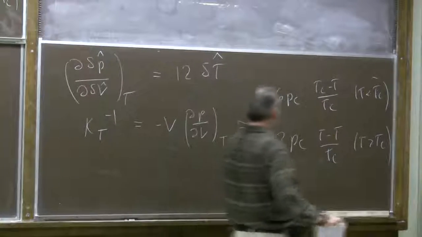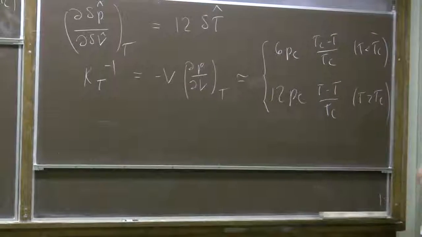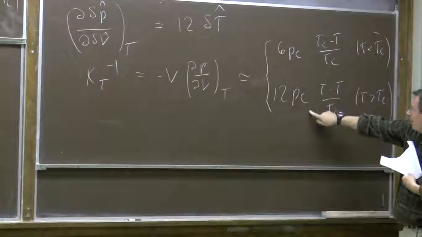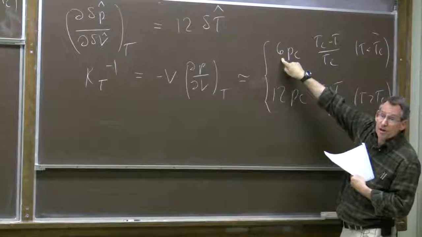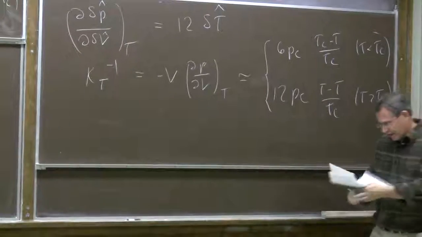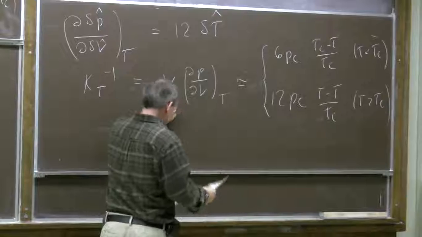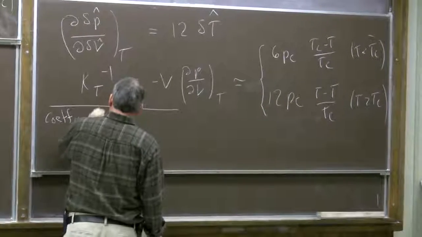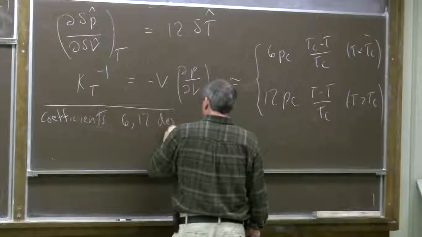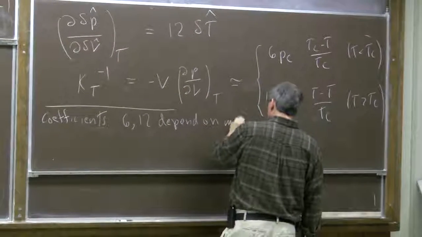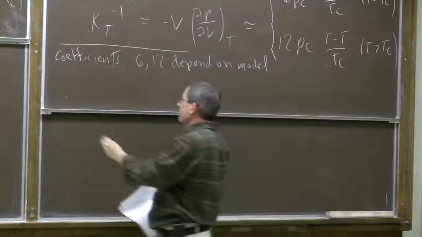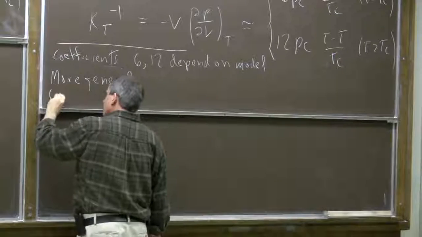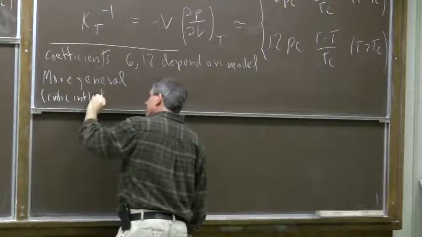So the 12, like the 6, depends on the model, but that the compressibility diverges, or the inverse compressibility goes to 0 with a factor of 2 difference in slope, that's a general prediction. Again, just coming from the cubic inflection point. So there are 2 general predictions. So the coefficients 6, 12 depend on model. But more general, following just from the cubic inflection point description of the critical point,